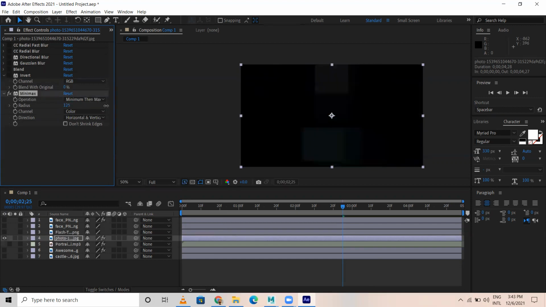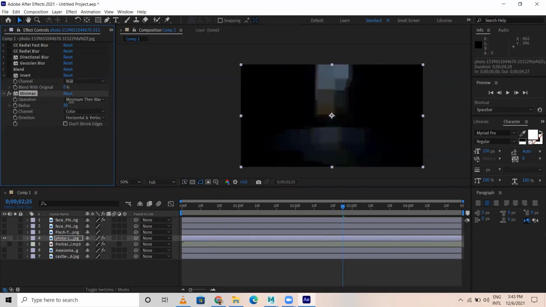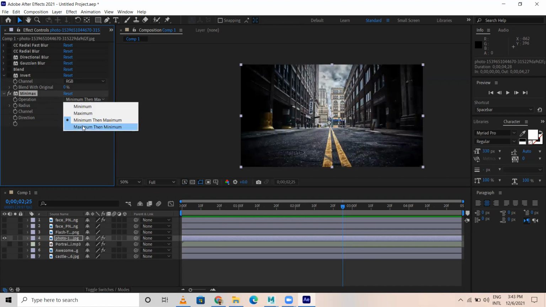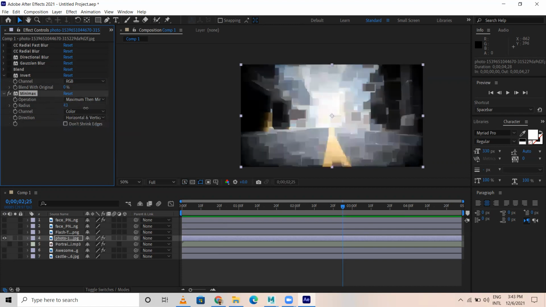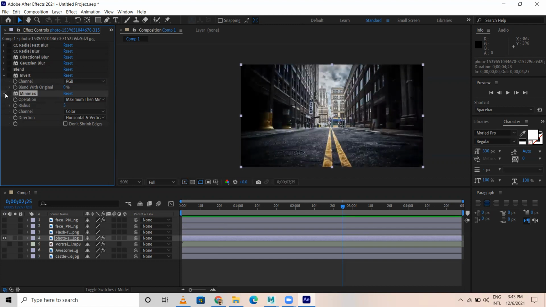You can increase or decrease the radius part. Minimum to maximum, something like this is another sort of transition also. This looks great. Maximum to minimum, then minimum. You can try this. This is another effect.